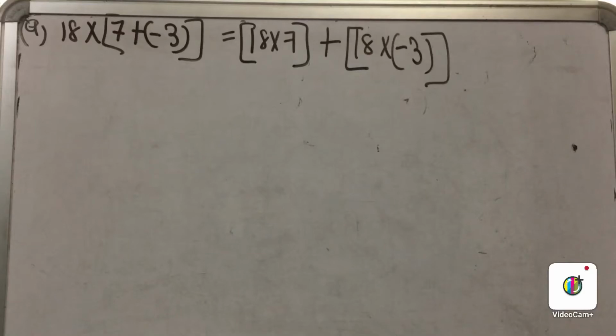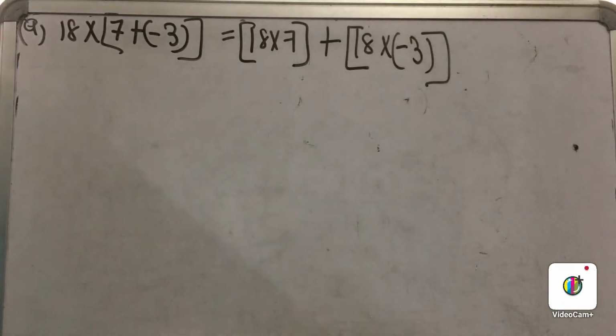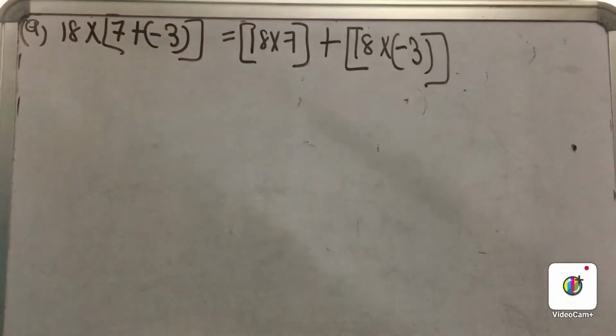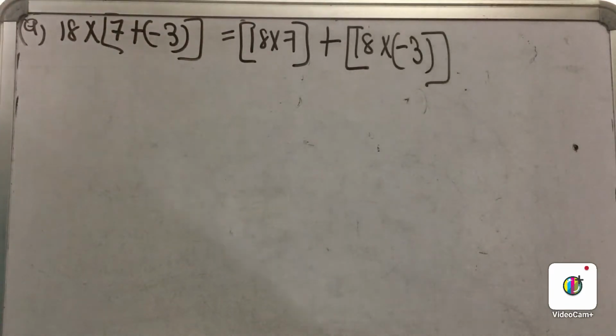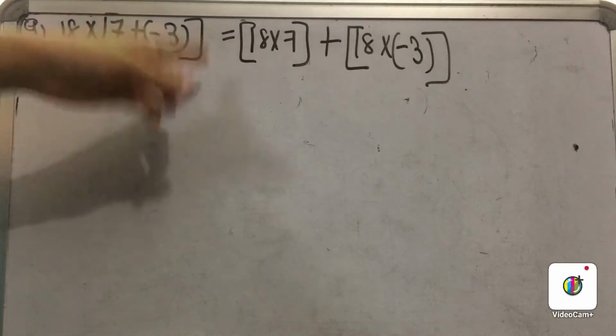Now moving to our question number 2, verify the following. Now what you have to do in this question, you have to just read out the statements and solve the two statements, and at last you have to compare both statements by using RHS equal to LHS. So now we will firstly solve this.